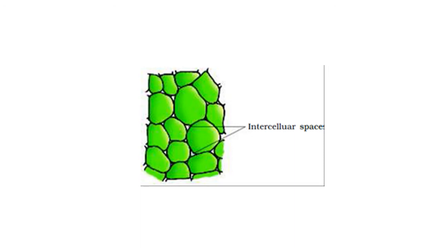This figure gives an idea about the arrangement of cells in parenchymatous tissue. Here you can see the shape of the cells is oval to round and elongated. The wall is thin, and there are intercellular spaces. It means that between two cells they are not compactly arranged but loosely arranged in this figure. So this is the typical structure of parenchyma tissue.